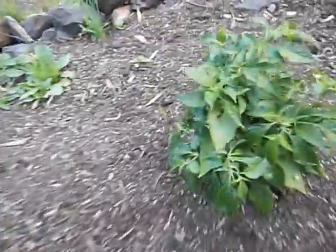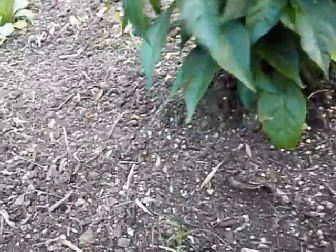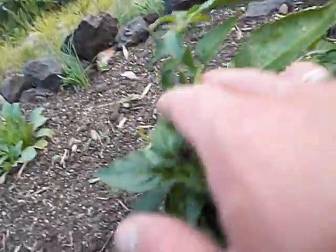We'll see how many ripe ones I get by the time all is said and done. And the yellow-orange bird pepper, still no sign of any buds. I'm not surprised, given that the huge plant isn't doing anything either. Here's the other nursery habanero. It's got some small pods on it. Anyway,